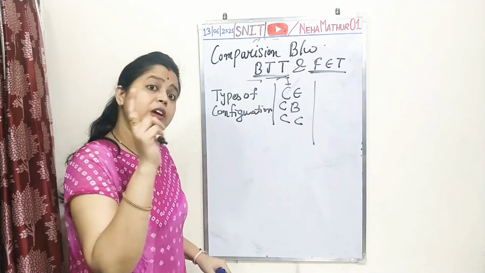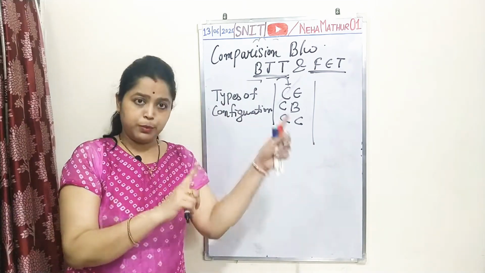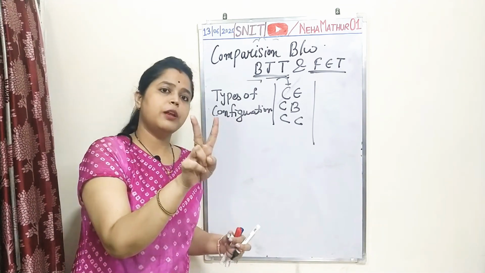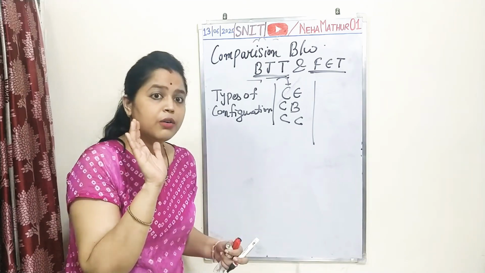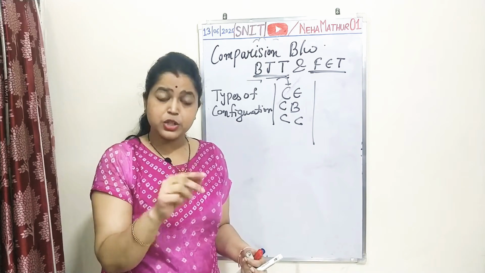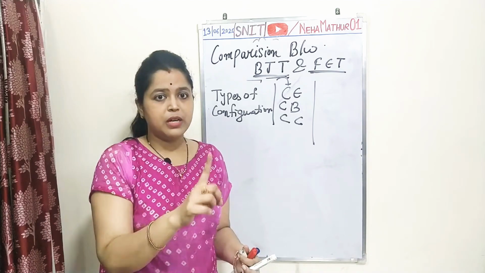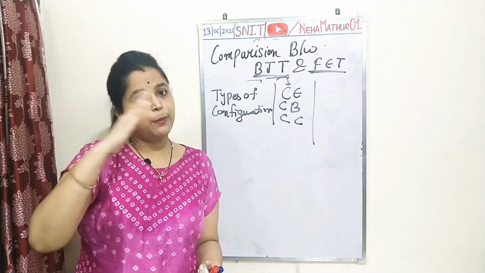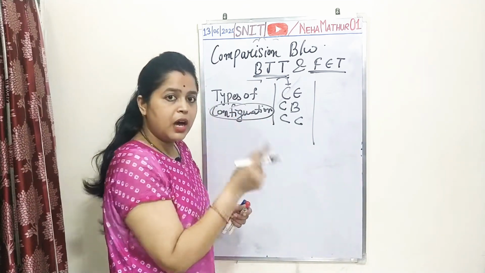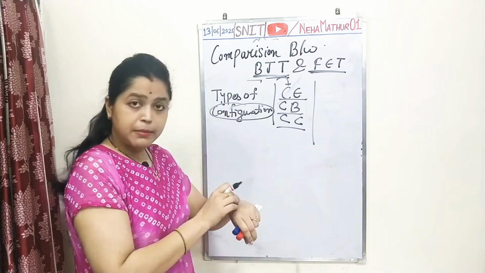That means whenever you are going to make a circuit or make a connection between input and output, you need 4 terminals: 2 terminals for input connection and 2 terminals for output connection. But fortunately, or unfortunately, BJT has only 3 terminals. That means you need 4 terminals, but we have only 3. That means one terminal always has to be common between input and output. This is where configuration comes in. So on the basis of that concept, a transistor has 3 configurations.